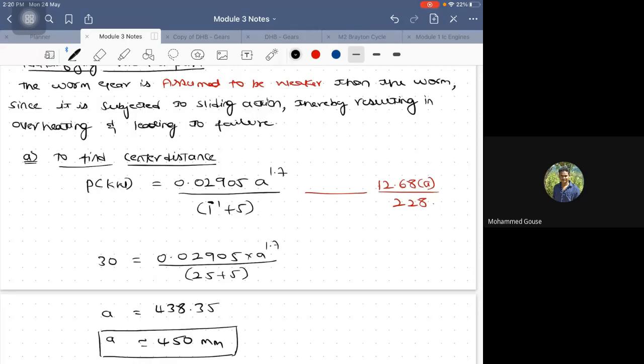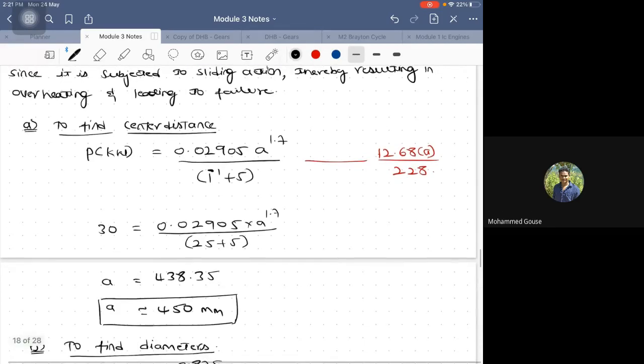So this is the only change in the previous problem compared to this problem. Now we have found your center distance. There is no stopping you. There is no difference between the previous problem and this problem. Once the center distance is calculated, all other remaining procedure would be the same. So I want you to next calculate, according to the previous problem,